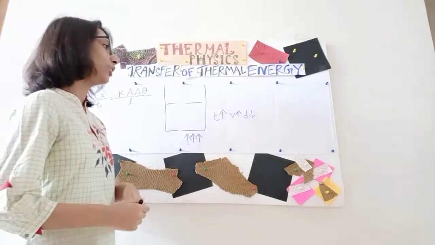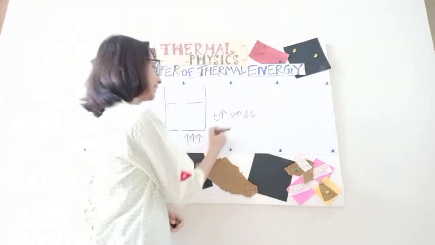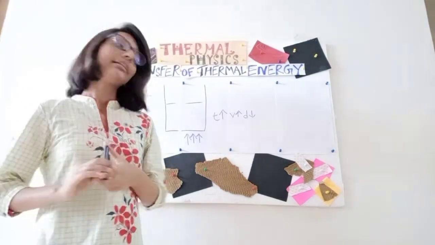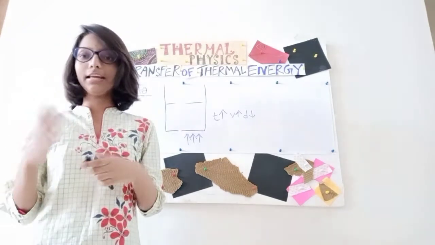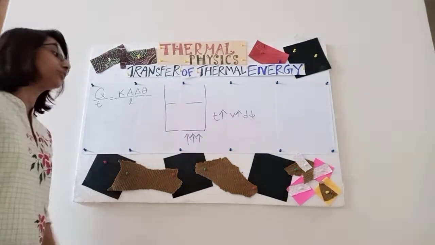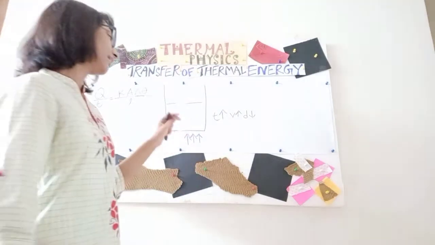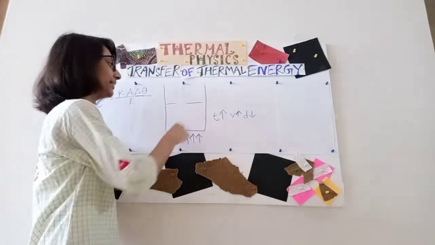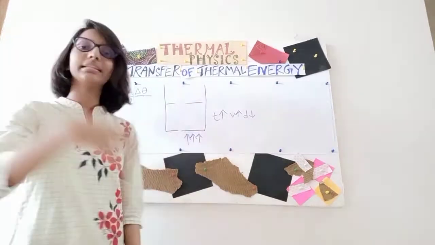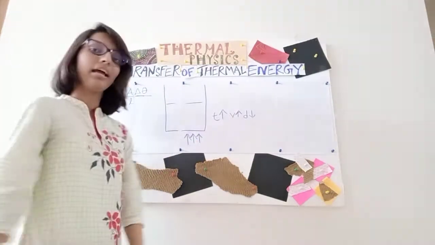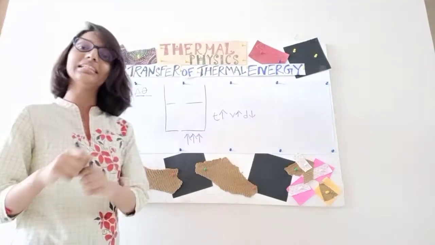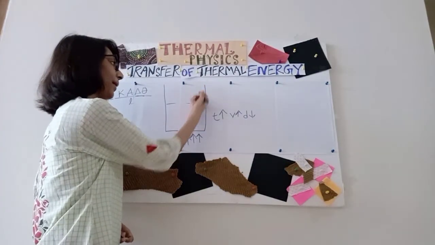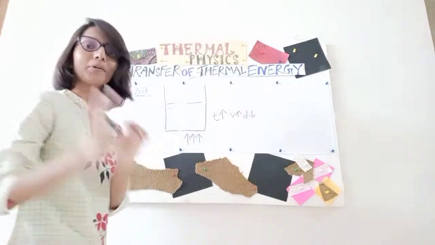The molecules at the colder region have low temperature, hence low volume, and hence their density will be very high. So the lighter molecules at the hotter region rise up, and to take their place, the denser molecules at the colder region sink down. And don't think this is evaporation or boiling, where molecules rise up and evaporate into the atmosphere. No.